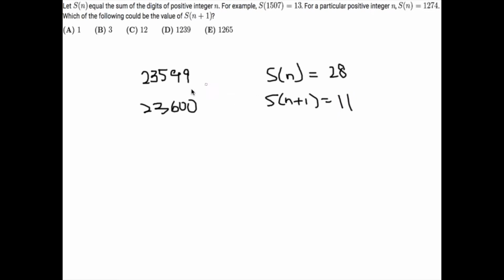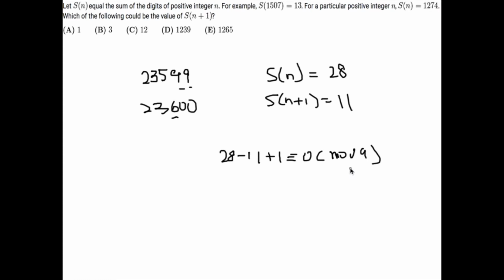So what happens to S of n and S of n plus 1 by adding 1 to n is that we're subtracting a certain number of 9s and then adding back 1 for the rightmost digit that actually doesn't become 0, if that makes sense. So basically what that means is that 28 minus 11 plus 1 equals 9. And if we solve this, we notice that 28 minus 11 is 17, plus 1 is 18, and that is